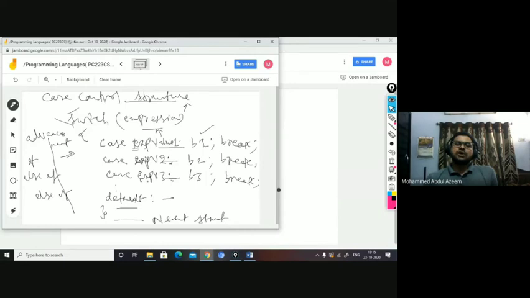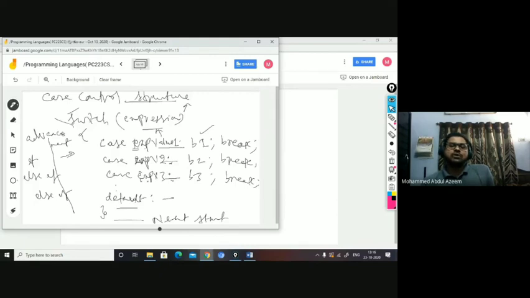So after executing block 1, when the expression value gets matched, you don't want the remaining blocks to be executed; you want to execute the next statement, or come out of it. For that you use the break statement. If I don't use the break statement, what happens? Let us say expression value 1 gets matched with the expression that has been evaluated before it. After executing block 1, it may execute block 2, block 3 as well, right? As per the operational semantics of switch case, I want only block 1 to be executed when expression value 1 gets matched.